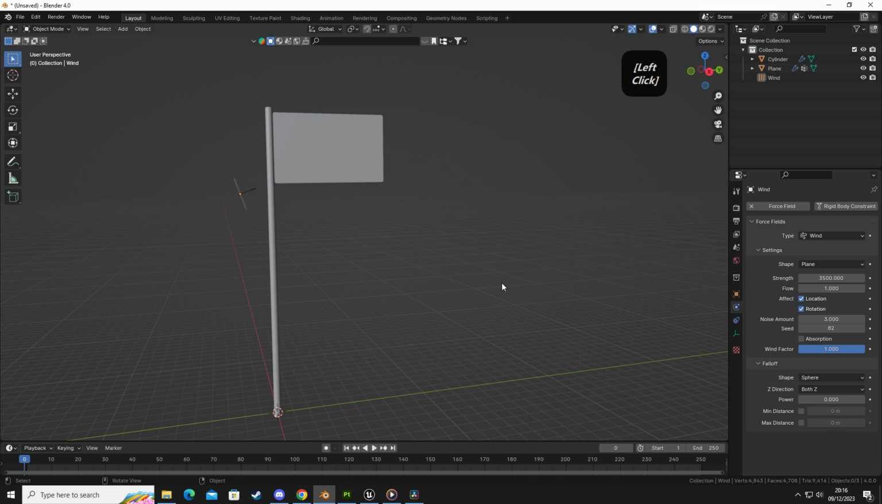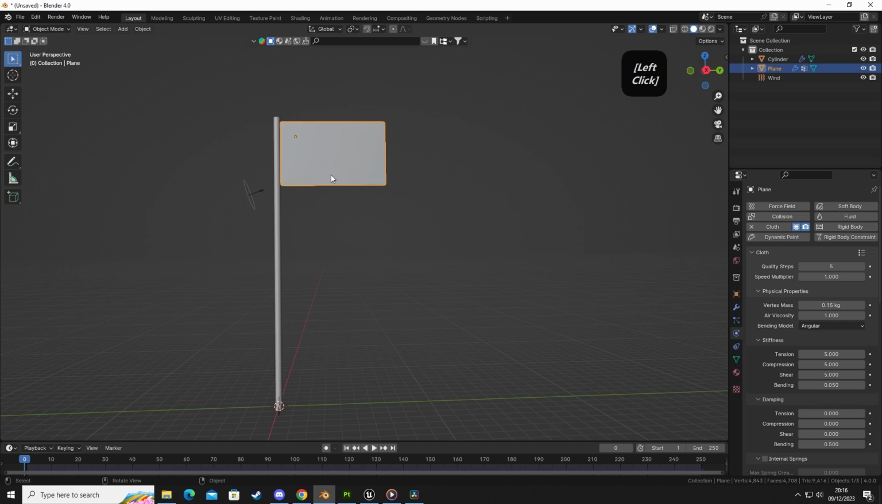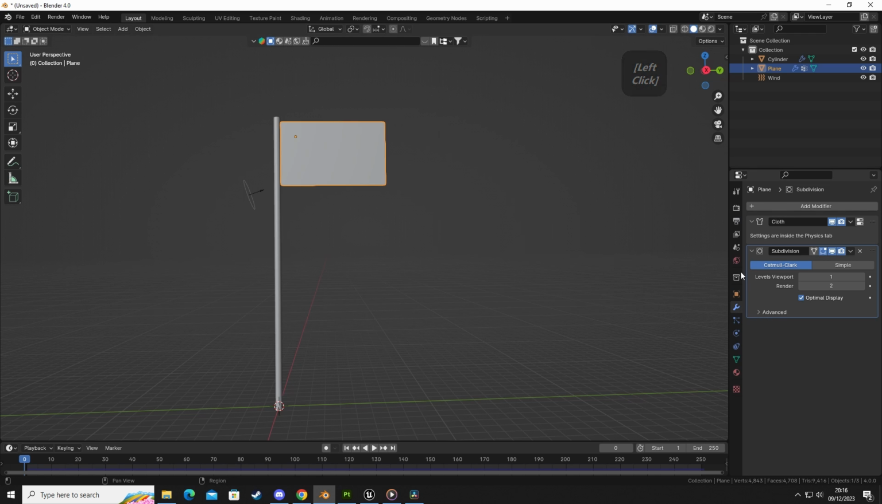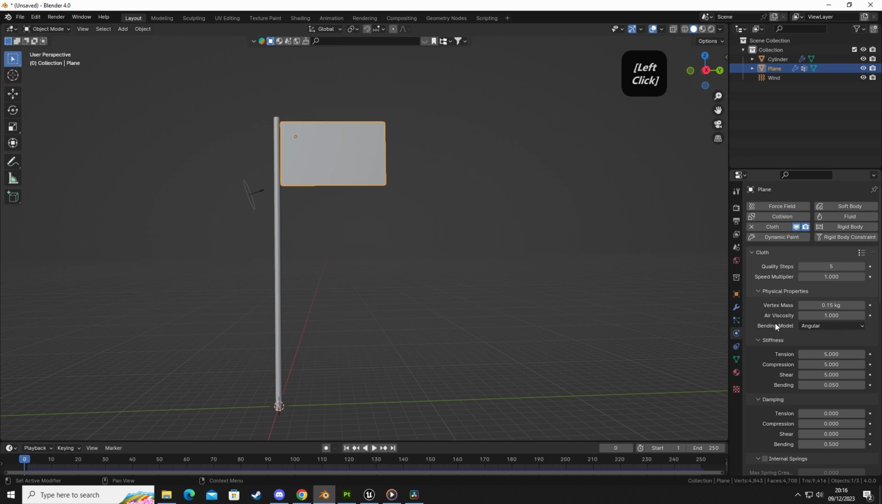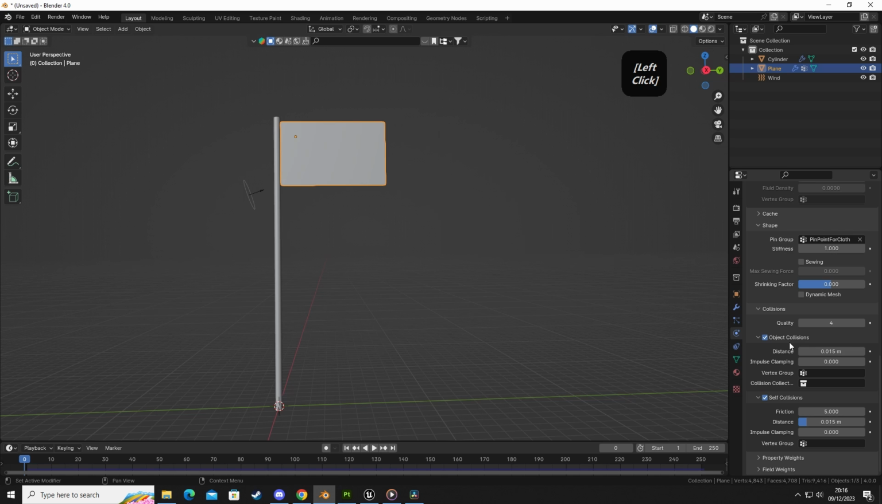So now that we have that done, we need to select our flag. We're going to go to the cloth data panel, which is this one. If you can't find it, just go into your modifiers, the wrench, and then go to cloth and then click on object properties. You can see here that we have